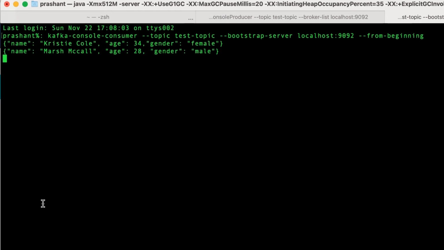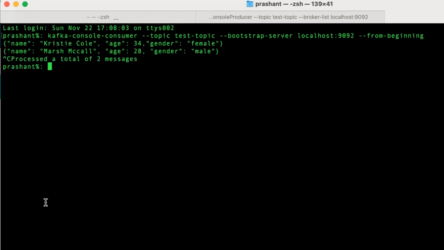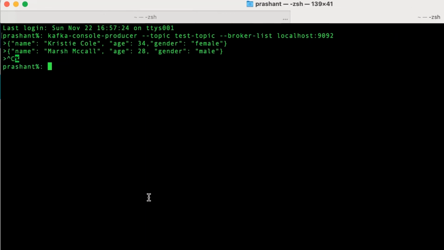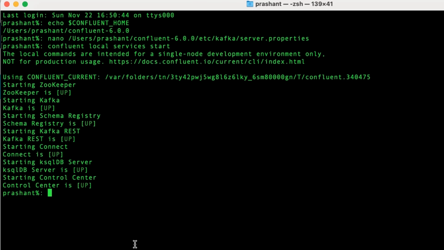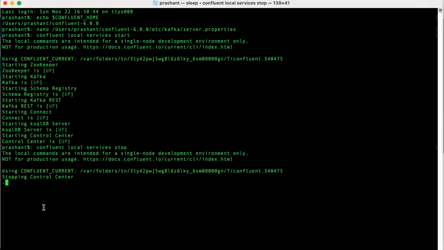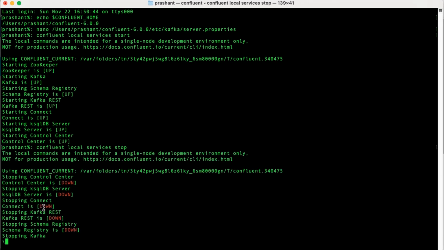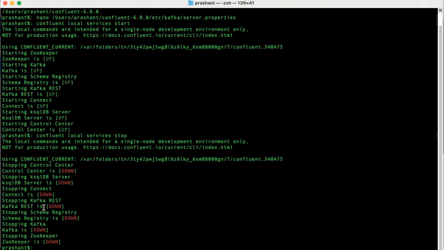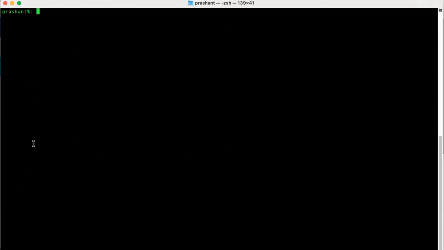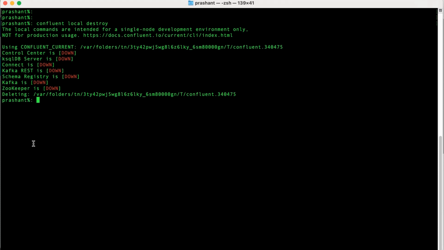Great. We are done installing Confluent Kafka on our local machine and we also tested it once. Now you can close the consumer and also close the producer. You can stop the Confluent platform using the following command. Once closed, you may also want to clean up all the data and topics. You can do it using the following command. If you start the Confluent platform again, you will again see it in the initial state.